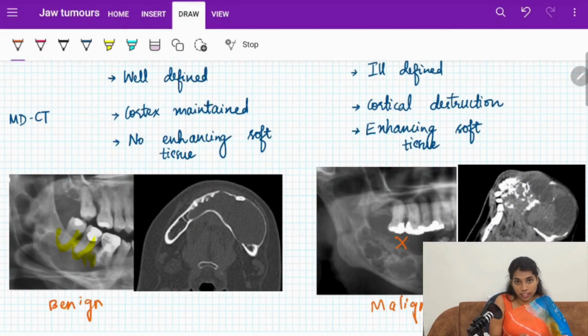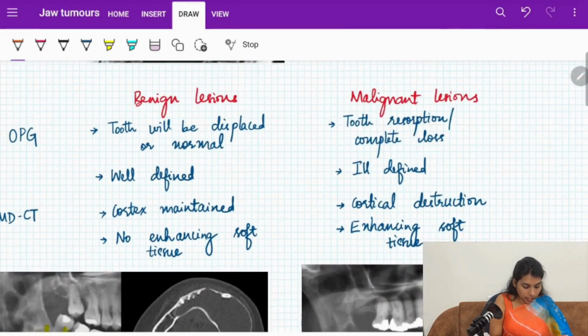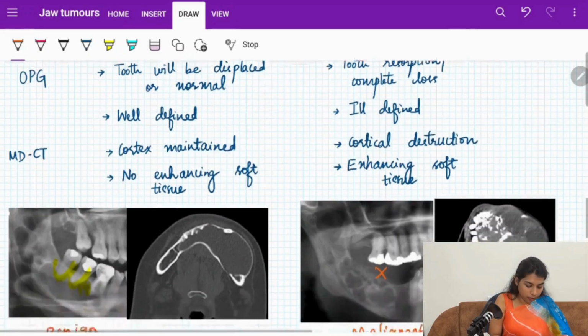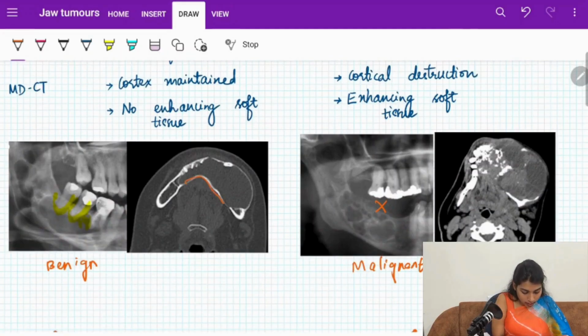Now we look at the CT differences. On CT, if the cortex is well maintained and there is no enhancing soft tissue component, we are likely dealing with a benign lesion. However, if there is a cortical destruction and there is an enhancing soft tissue, we are likely dealing with a malignant lesion. Now we look at the example of it. We can see that here the cortex is well maintained and there is no enhancing soft tissue component. Here we can see that there is breach in the cortex with an enhancing soft tissue component. Hence, this is a malignant lesion and this is a